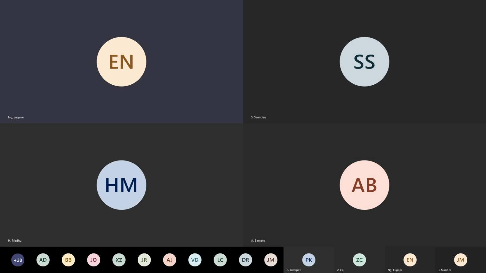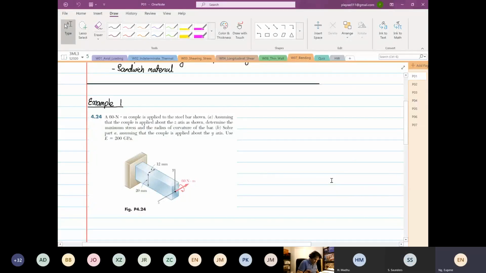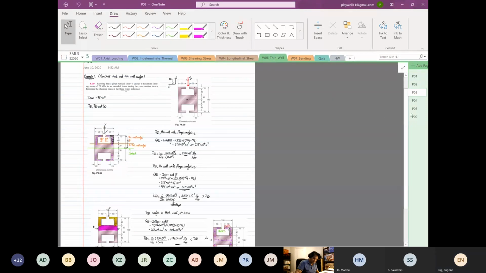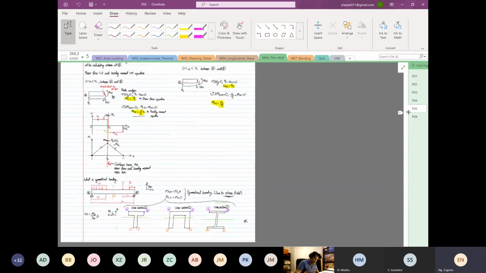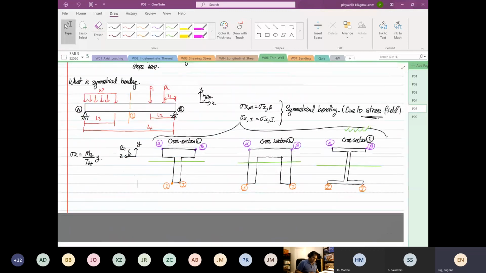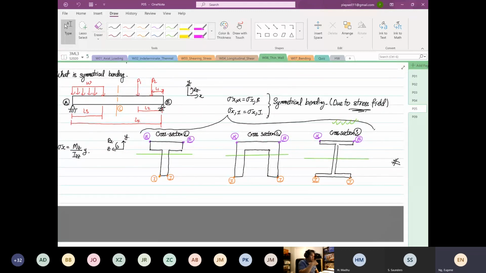So today we're going to look into examples of centric symmetrical pure bending, and then we're going to look into sandwich material. Okay, so last week we did quite intense theory on pure bending. So as you can see from your screen now, is all this structure, the cross-section view,